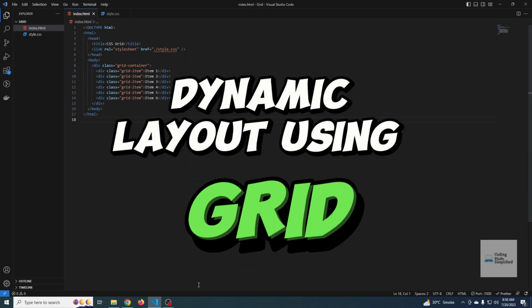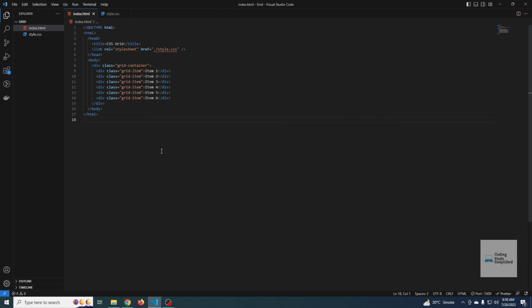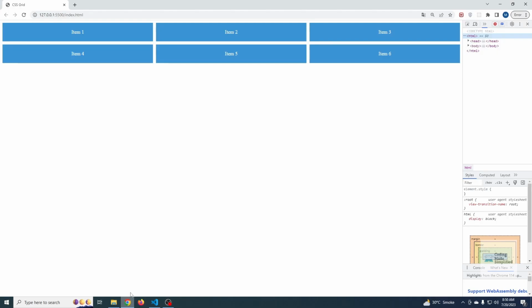So this will be our last video regarding CSS grid, and in this video we will talk about min-max, auto-fit and auto-fill, and these three properties will help you create dynamic grid layouts. Starting with minmax, suppose we have a layout like that, in which we have three columns,